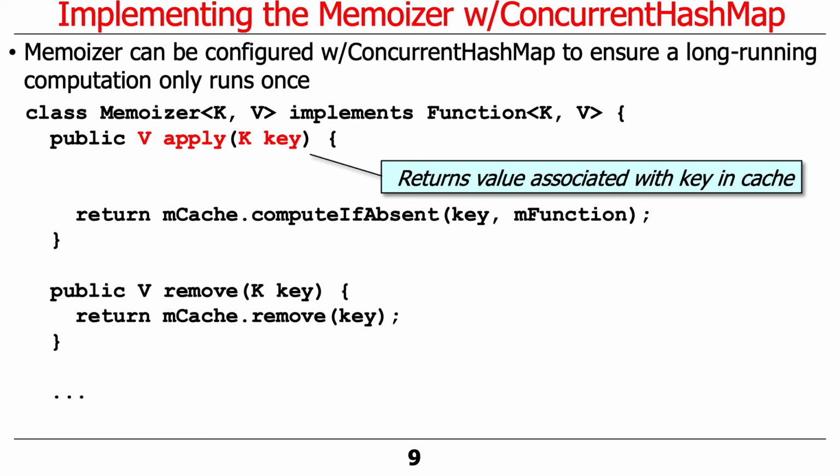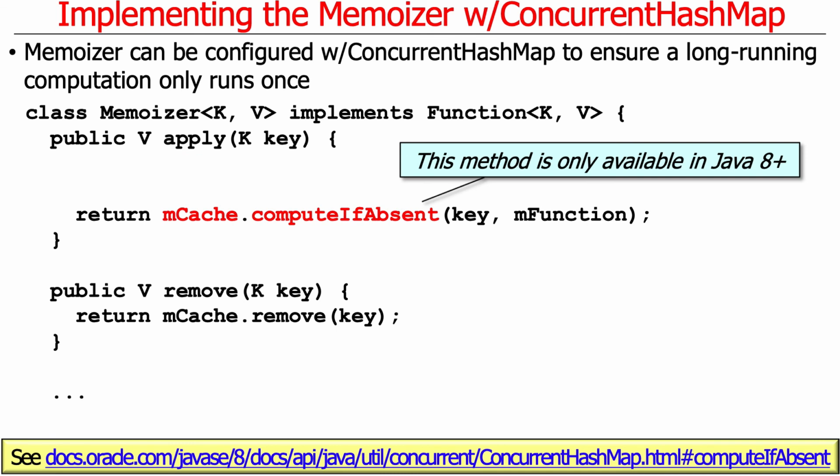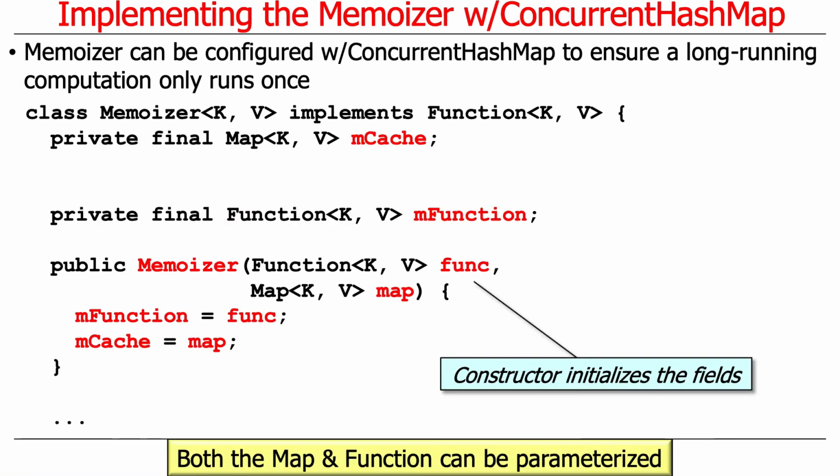Here is one of the methods. This is called apply. Apply is the method that's implemented from the Function interface. What it does is it takes a key and returns the value that's associated with the key in the cache, if there is one. So let's take a look at how apply works. As you can see, it's passed in a key of type K, for key. Here is the method call that apply does. It uses the concurrent hash map, which is what we had stashed away in the constructor, and